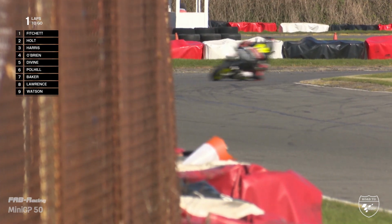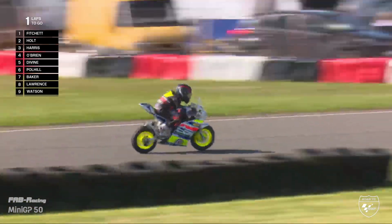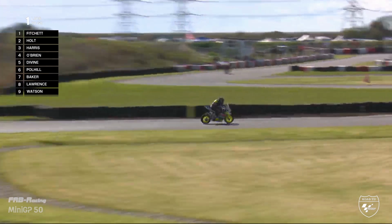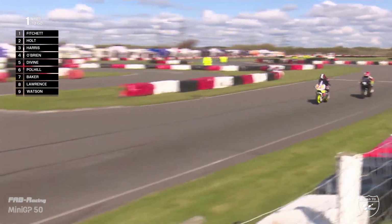And so we go into the last lap now with Luke FITCHETT still leading by 4.4 seconds. So the race is in his hands right now. He just needs to make it to the end and keep pushing. However, the battle for third place is still not over, with Archie O'BRIEN wanting this podium position, as it will be a great achievement for him in only his first weekend in this class, with, of course, the iconic Spider-Man helmet. As Luke FITCHETT makes his way out of the chicane, getting past the lap traffic, the final lap bike,